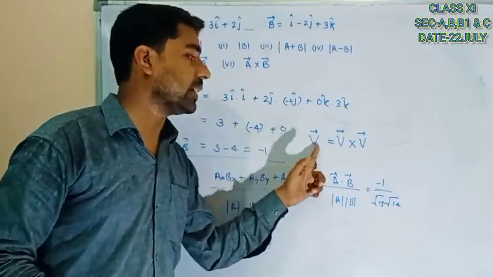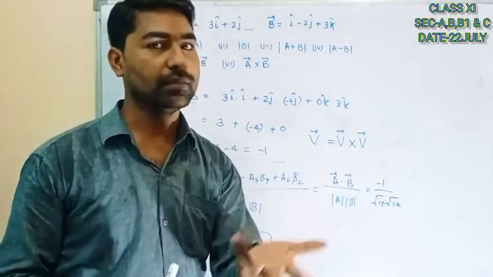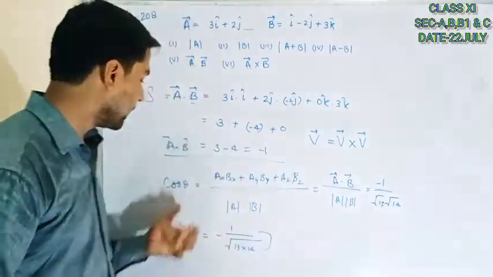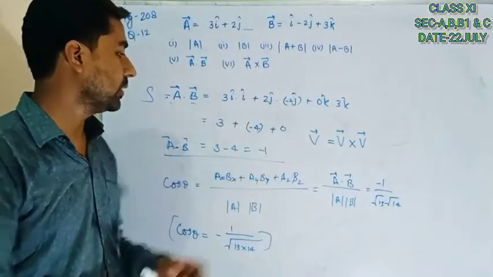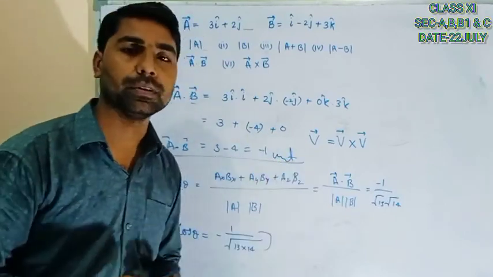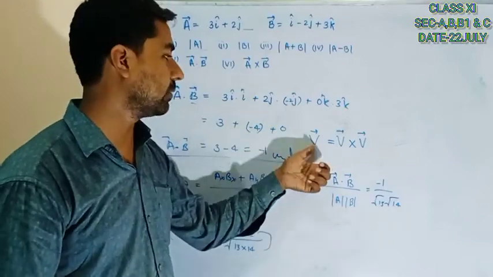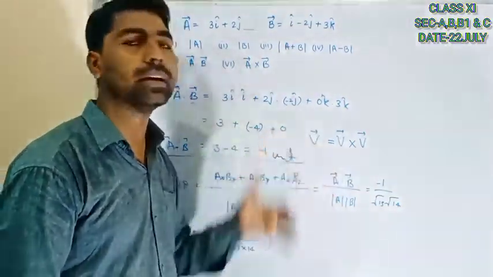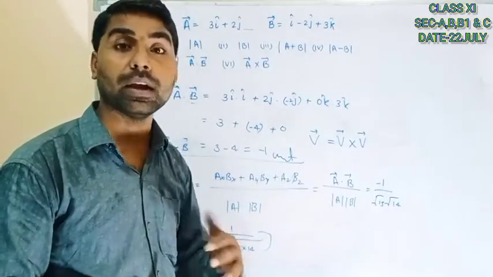In the answer you can see a vector quantity. A vector quantity has magnitude and direction. In this result, where is that, A dot B? Here, only units, only magnitude, because it's a scalar quantity. The product of them is a scalar quantity. But here, what will you get? A vector value, meaning this answer will have both magnitude and direction.